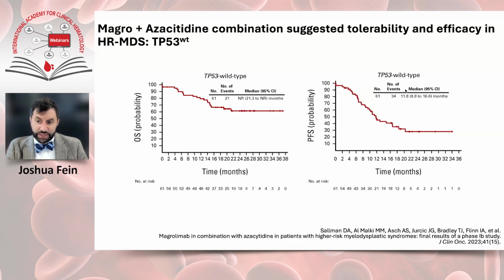There was a median PFS of about 12 months. The complete remission rate that was observed in the TP53 wild type was 31%. And those patients who did achieve complete remission went on to have a 10-month duration